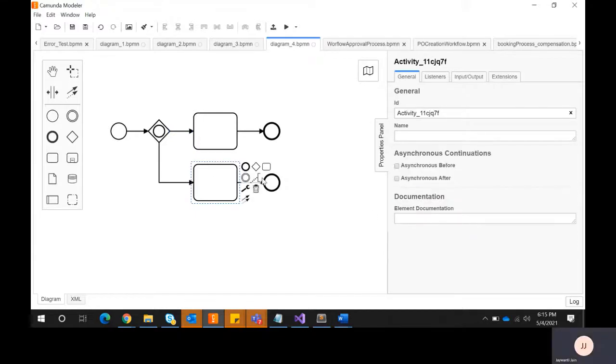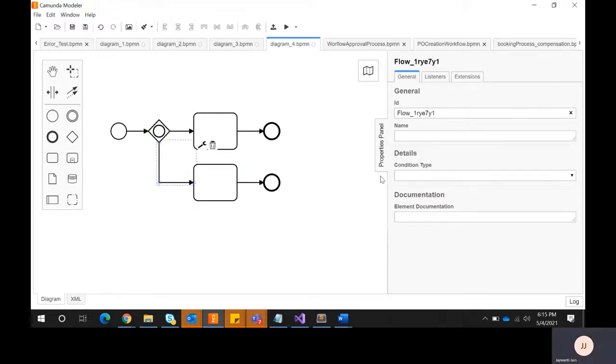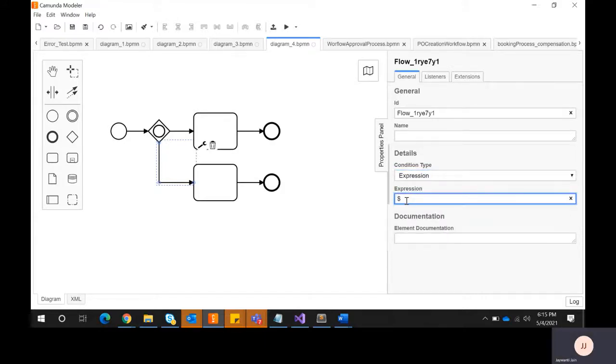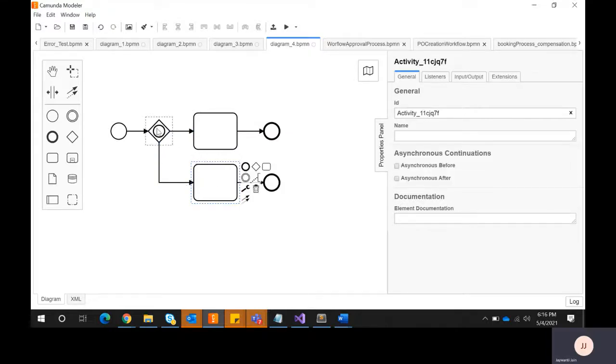And here we have some different property conditions for this, like roll number equal to 1. So if this condition is satisfied, I want to take this path. If this condition is satisfied, then I want to take this path. Through the inclusive gateway, we can go down multiple paths at the same time, so it will start executing multiple paths, and once this executes, it will end the process. Similarly, if this executes, it will end the process.